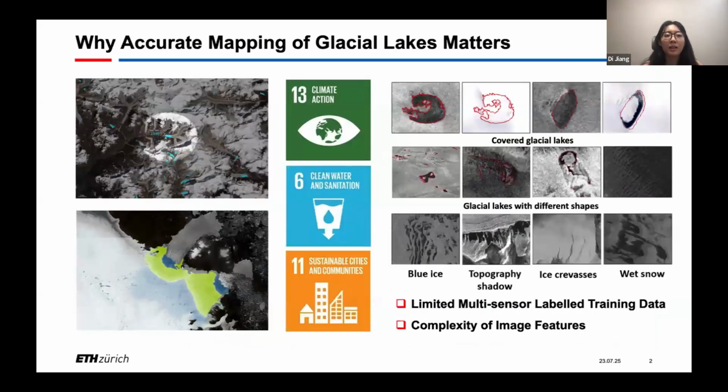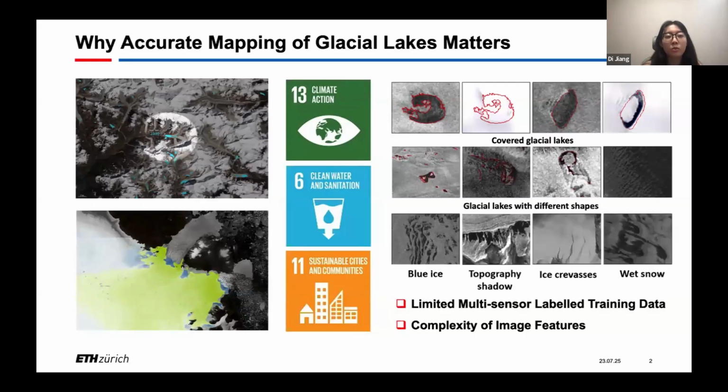At the beginning, I'd like to address one question. Why does accurate mapping of glacial lakes matter and how is it related to the sustainable development goals? First, as we can see from the 2 figures on the left, glacial lakes have been increasing rapidly during the past 4 decades.